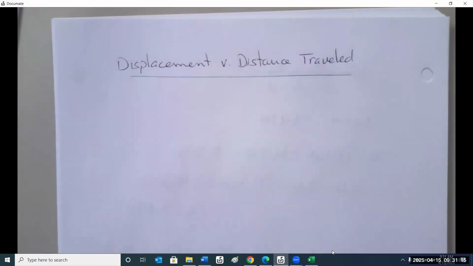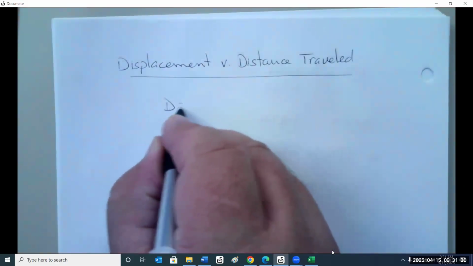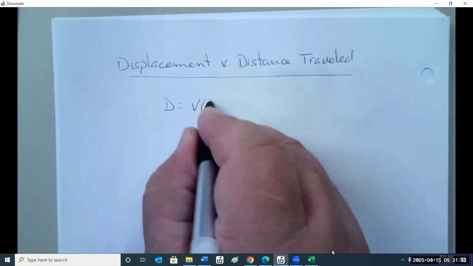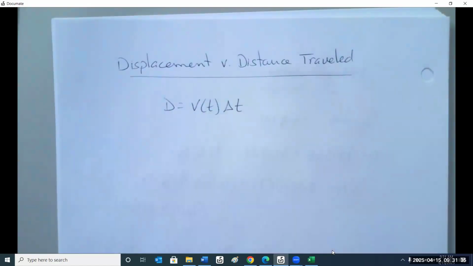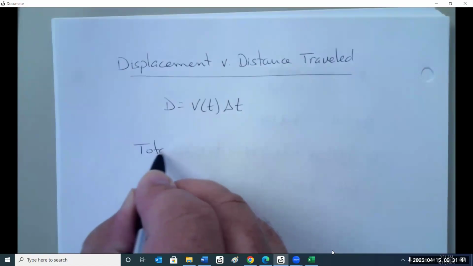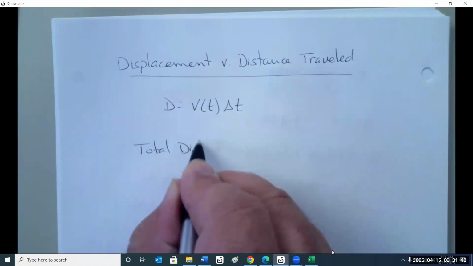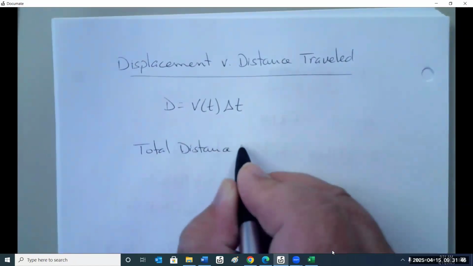So displacement is simply a change, a value change based on some action. Distance traveled is just how far something goes from point A to point B. So the distance traveled is velocity times the delta t, and the total distance traveled